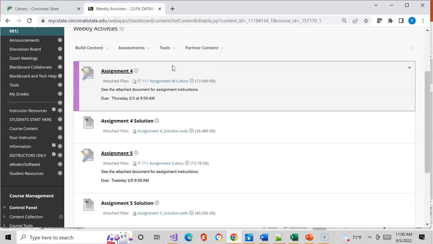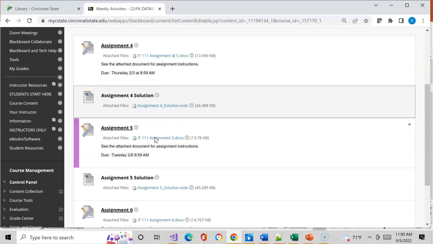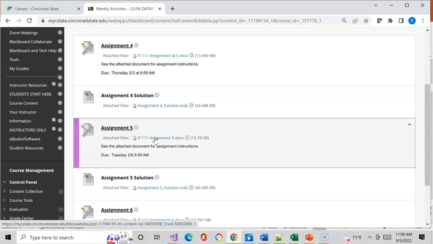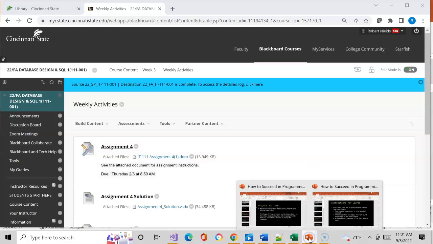All right. You'll actually see in this scenario, I have the solutions posted. Based upon the instructor, they may or may not post solutions. Most do, and the solutions will be there once the assignment is complete, meaning once the due date happens. Once we're past the due date, I usually post the solutions. All right, makes sense? All right, let's get back to our